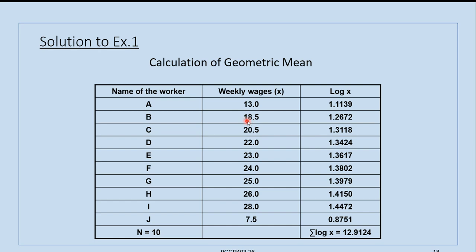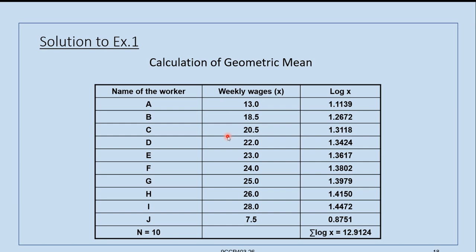Suppose no digit is there before the decimal, that is, you have 0 point something. Then the characteristic is called mantissa. If after the decimal we have so many numbers, that means before the decimal we do not have any numbers, and after the decimal if you have digits, then we have to take the minus.